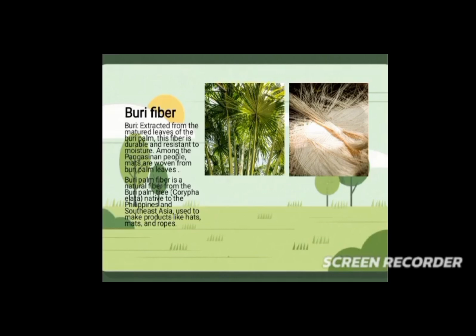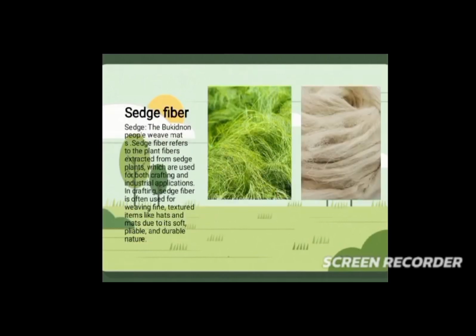And next would be the sigi fiber. Sigi fiber comes from the sigi grass. It is known in Bukidnon, where people weave mats. Sigi fiber refers to the plant fibers extracted from the sigi plants, which are used for both crafting and industrial application. Sigi fiber is used for weaving fine textured items like hats and mats due to its soft, malleable, and durable